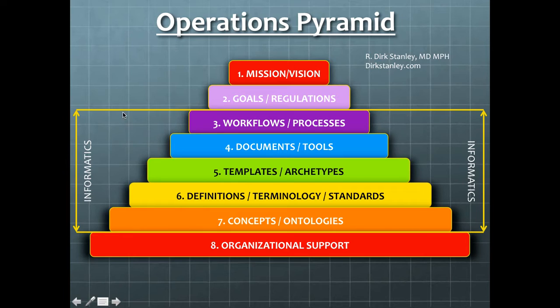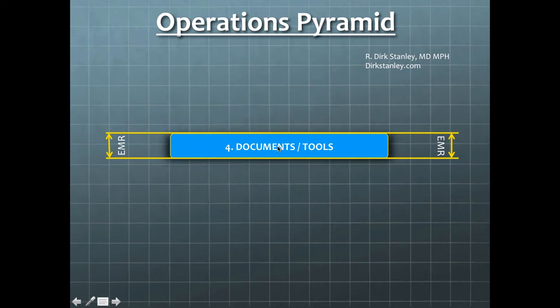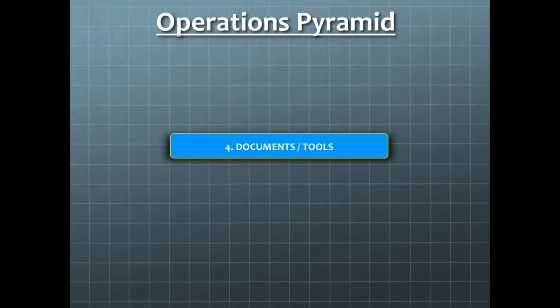Now, typically informatics people concern themselves from 3 to 7, everything from the concepts and the definitions and the templates and the documents and the workflows. It's also interesting to note that electronic medical records typically involve the building of the documents and tools needed to support the workflows. If we look at those documents and tools in a little more detail,